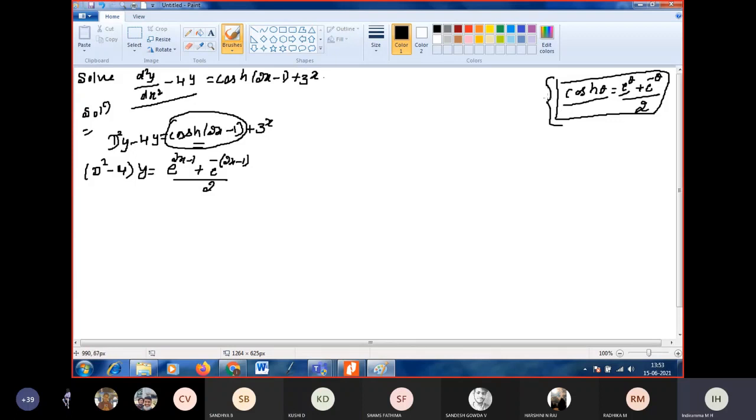In the third sem, we have complex analysis where we are going to derive this one. I think you studied this in your PU level, right? Yes, hyperbolic. You studied already this in your PU level. Cos hx is e power x plus e power minus x by 2. Instead of theta, we have 2x minus 1. Just in place of theta, I have written 2x minus 1.